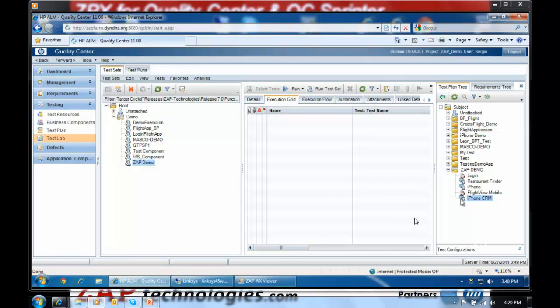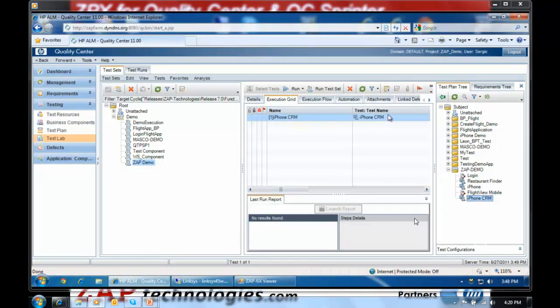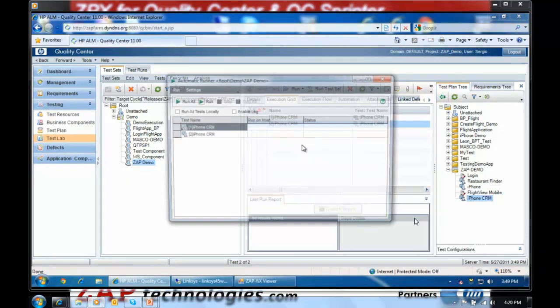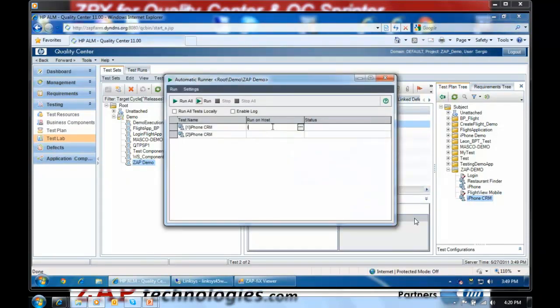Right now, in this particular demo, we're playing the same script of the CRM application, similar to what you saw in the very beginning on the iPad. We're going to play it right now on the iPhone, and we're going to execute it on two different operating systems on the iPhone. It's iPhone iOS 3 and iOS 4. So we're using the two devices,